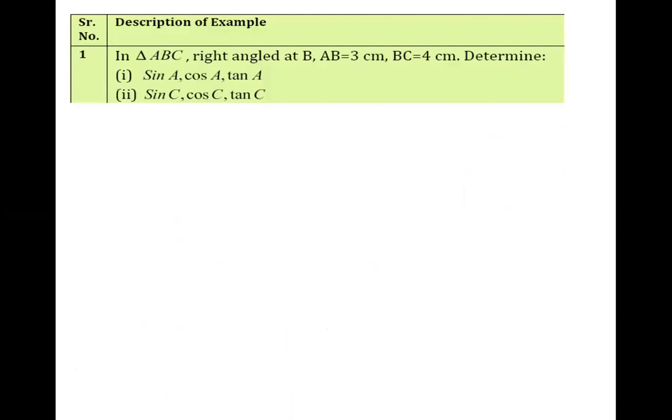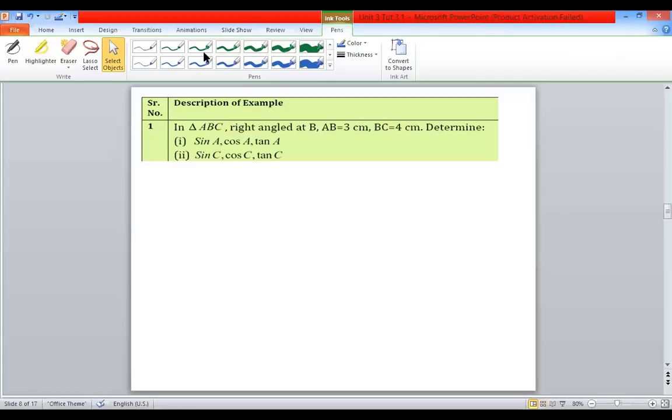Look here, the first question on your screen. Here you have a triangle whose angle B is 19 degrees, and two sides are given, and you can find the remaining terms. They ask you to find the sine, cos, and tan A. That means your angle is in the place of A.